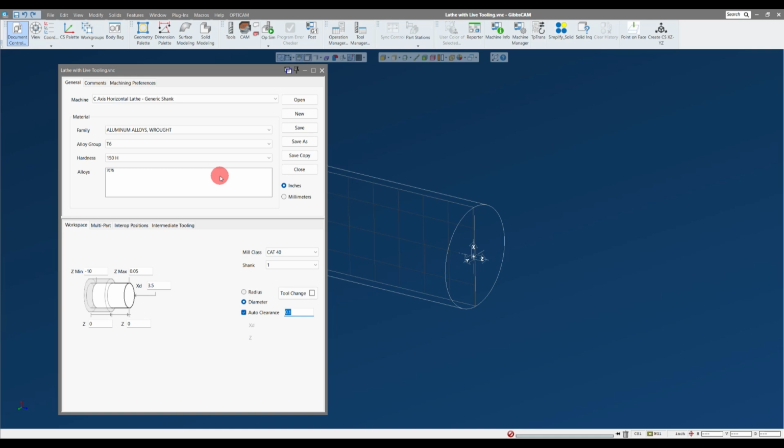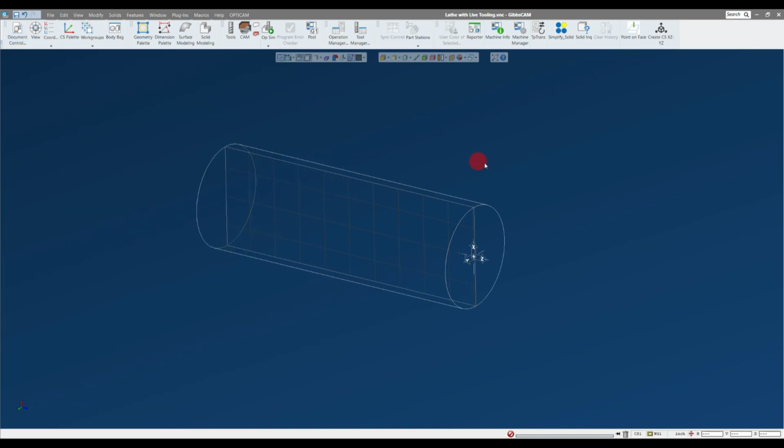To do that, you do have to provide the software with all the information it needs to give you good starting cutting parameters, which is your RPMs and your feed rates. So you would need to select the material. When you're creating tools, you would need to select the proper tooling materials, whether it be high-speed steel, carbide inserts, solid carbide for drills or end mills, and the proper number of flutes. So you would have to enter a bit more information if you are going to rely on GibbsCAM to generate your feeds and speeds. So I'm going to close this right now, and let's just talk about the basic GibbsCAM